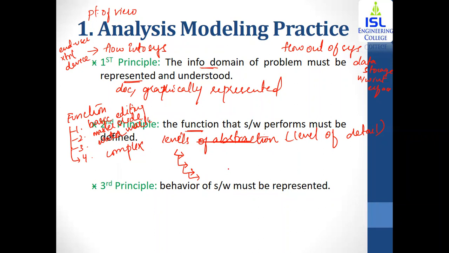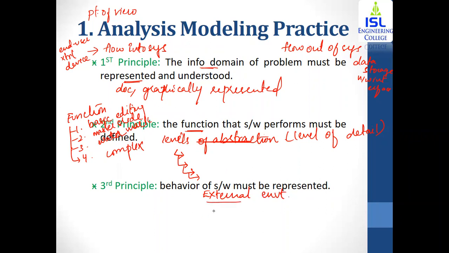The third principle is that the behavior of the software must be represented. The behavior is how the software reacts with the external environment. This needs to be identified.